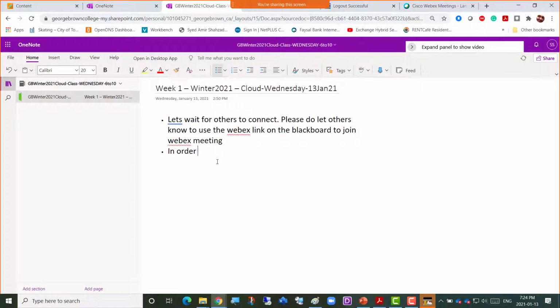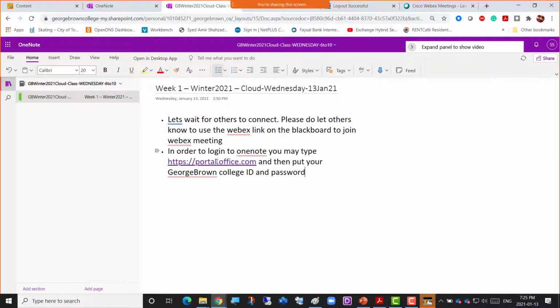in order to log into OneNote, you may type https://portal.office.com and then put your George Brown College ID and password, right, to log in there.